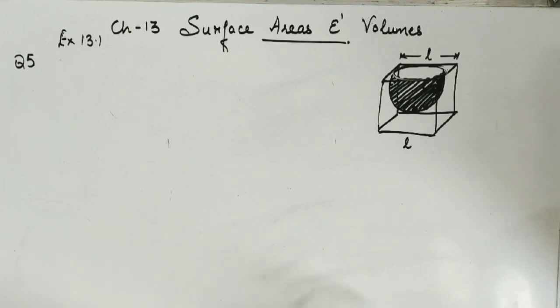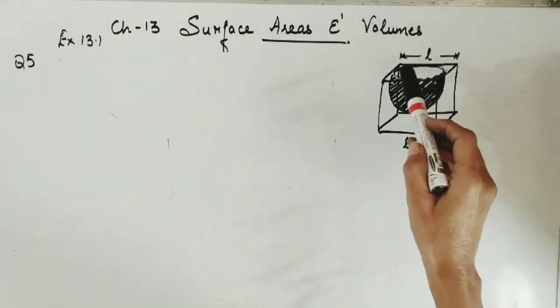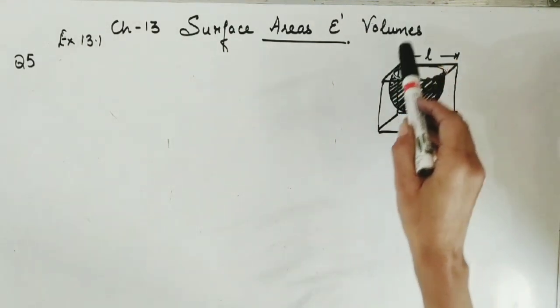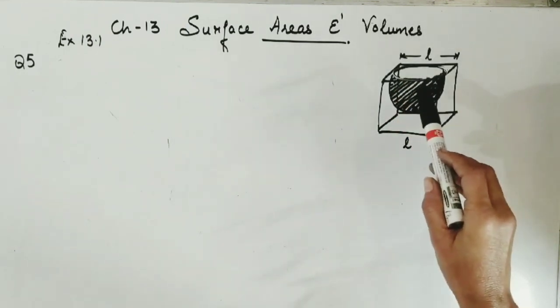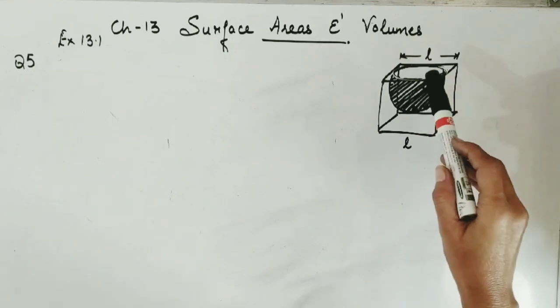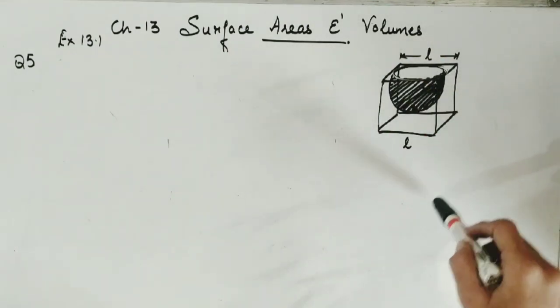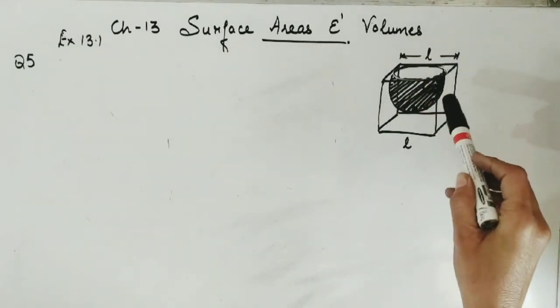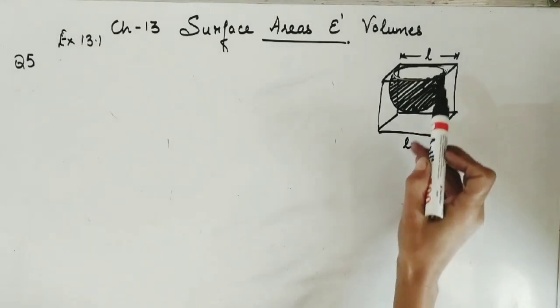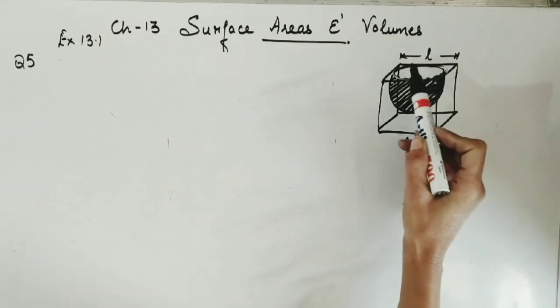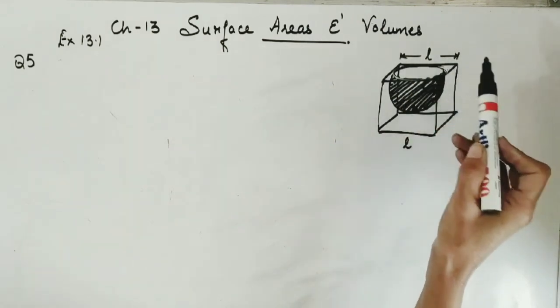Now our next question is related to this. Over there it was surmounted, there was an extra portion which was visible, the cube was at the bottom and the hemisphere was placed on its top. But now there is a hemispherical depression. Now see what difference there would be in the surface area. Do you think there would be any difference? Let us see. The hemispherical depression which is made has diameter L units.